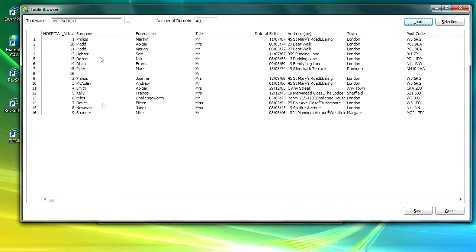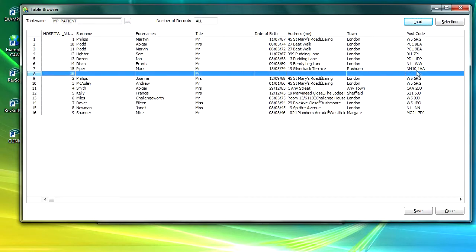So I've got my hospital number, my surnames. I can see in here that I've got pretty much an empty record, so I might want to do something with that. And you can actually go into here and you can add data. So for instance, I could put in here Fred Smith,